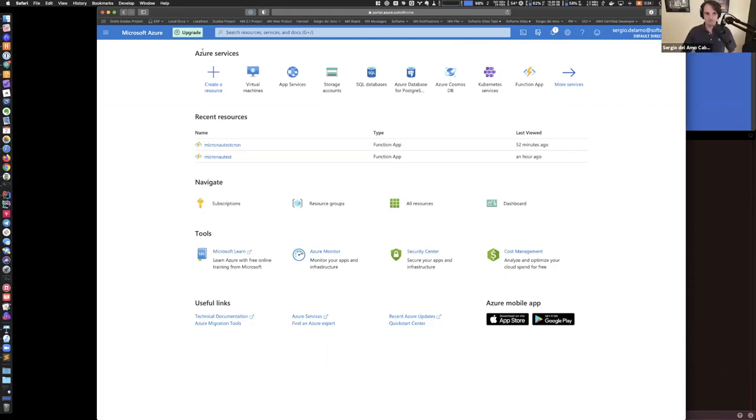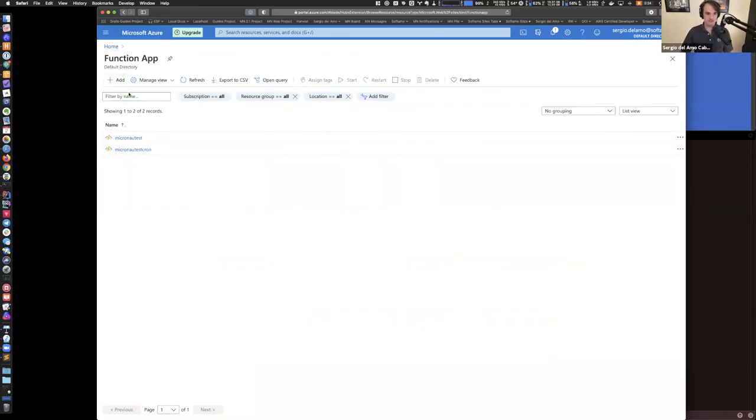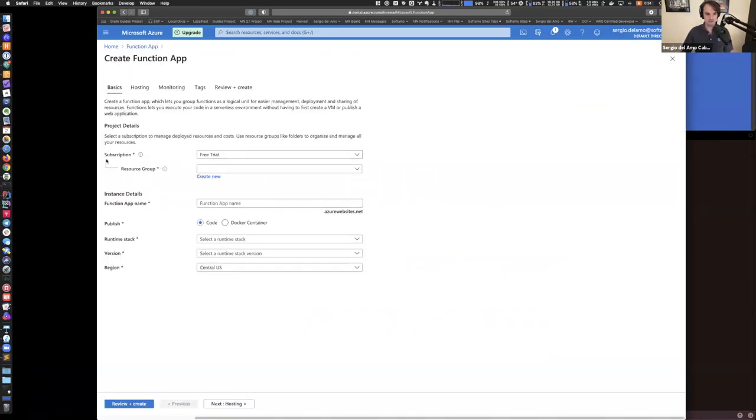So what I'm going to do is basically create a function. Here I am in the homepage of the portal, so nothing special. It says create a resource, and I have a shortcut to function app. I click that. I have a couple of demo functions that I have here. Let me create one. So I am in subscription, free trial,